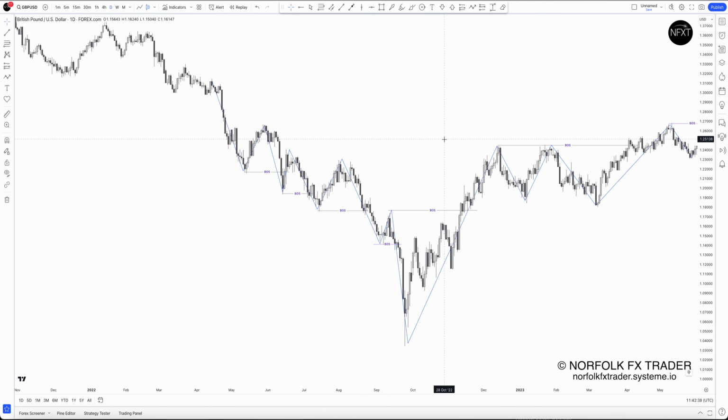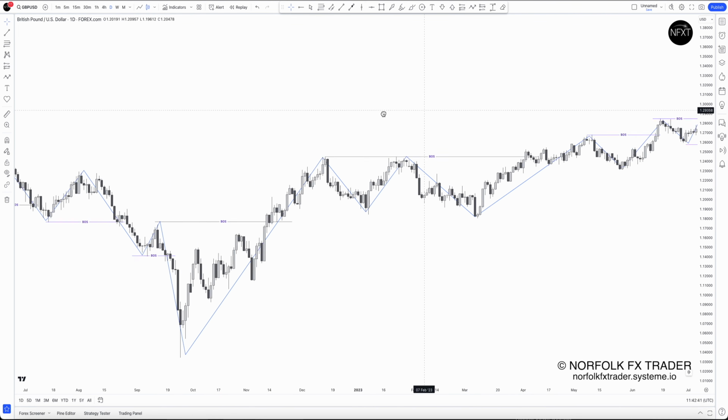So look, when we see these breakout points,